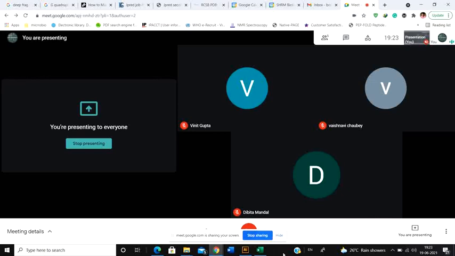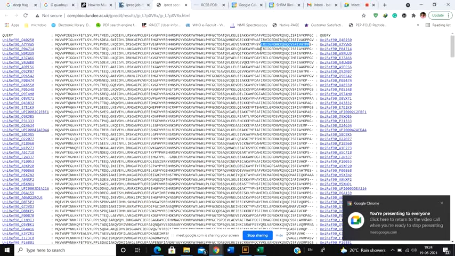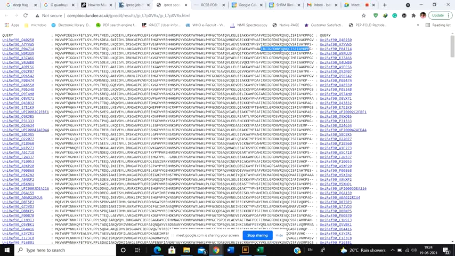So these are the conserved sequences. If you find a particular region that is highly conserved among various species, you can be 100% sure that particular portion has something to do with either the regulation or it must be the functional domain of the protein. So this is the conserved sequence: the sequence that is highly similar will be conserved in different species. As we can see in this particular case, this particular stretch is highly conserved. There are no mutations. But in this particular N-terminal end, I find many mutations on top.